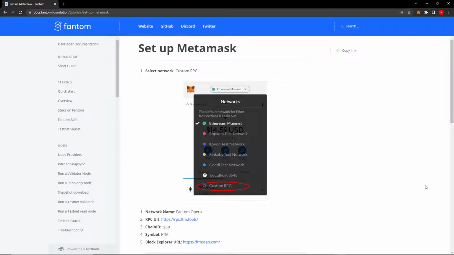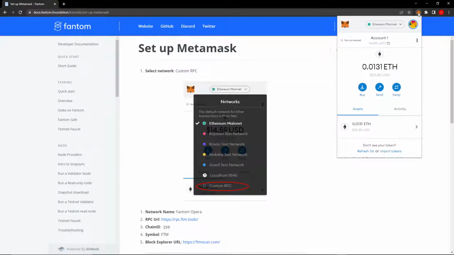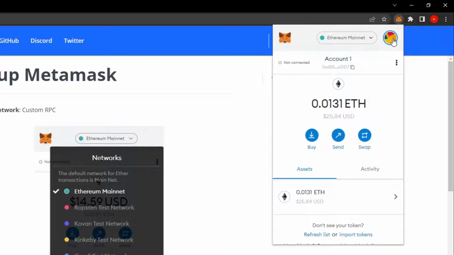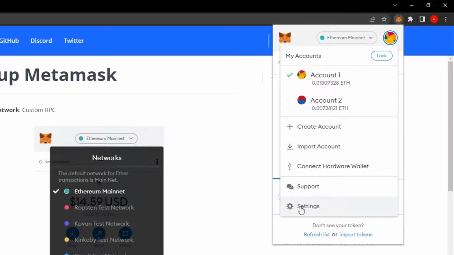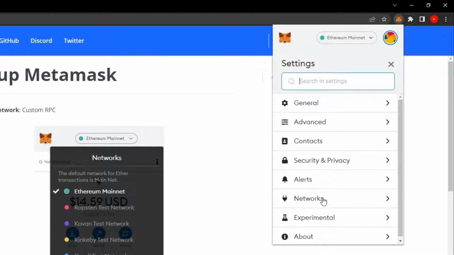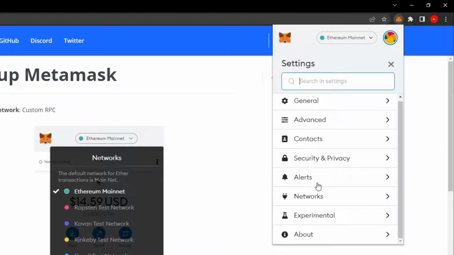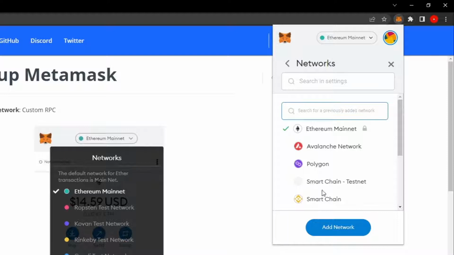The first thing you want to do is open up your MetaMask. Then you want to click your profile picture on the top right, so click that. Then you want to click the most bottom option, which is settings, so click settings. Then you want to click networks, it's below alert, so click networks. Then you want to click add network, so click this blue button, add network, and this should open up a